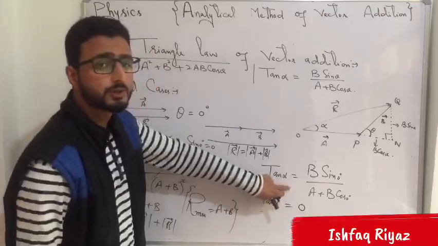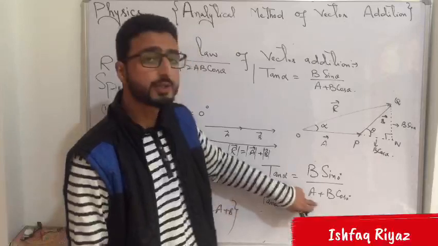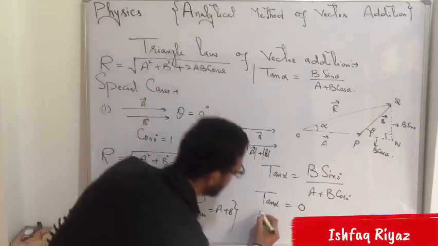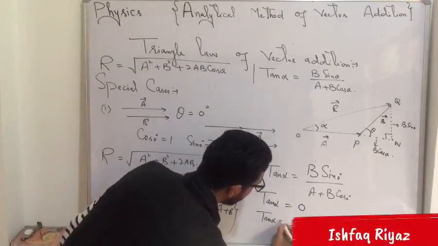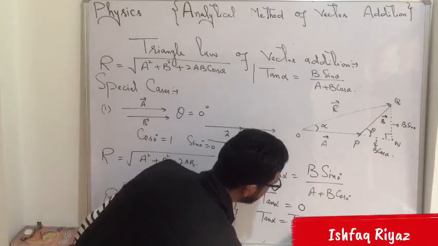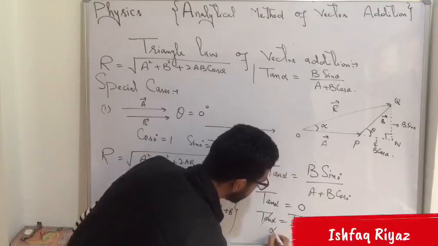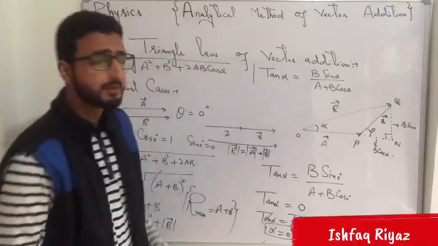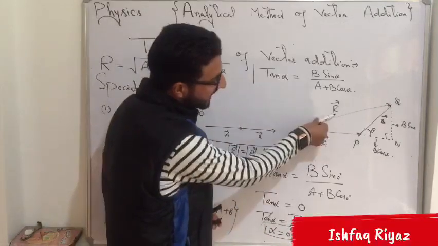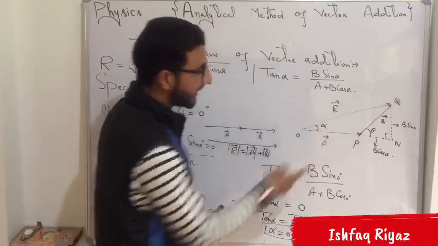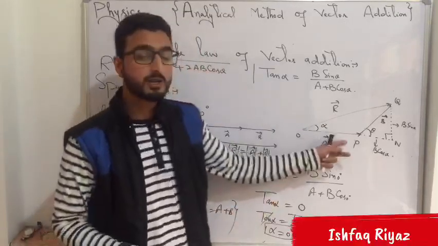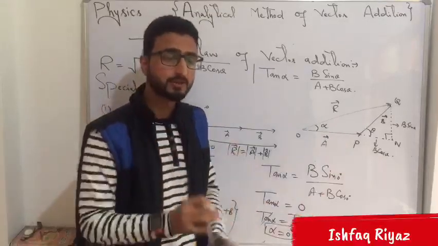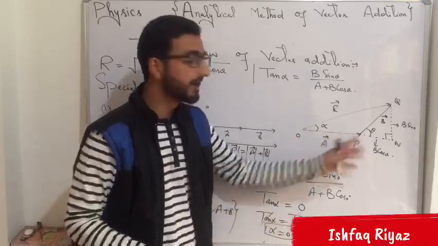कब alpha 0 होता, कब tan of alpha 0 होता है? At 0 degree simply. So I will write tan of alpha is equal to tan of 0 degree. Tan cancel हो जाएगा, तो निकलेगा alpha is equal to 0 degree. What does this mean? The direction of the resultant vector is along the direction of the two given vectors, that is in the direction of A and B, right?